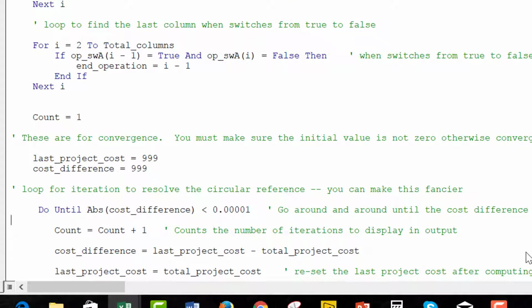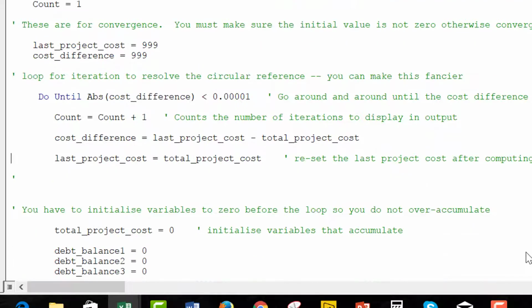Now, once you have this defined, the next thing is the iteration loop. And it's kind of like a circular copy and paste. We go around until the cost of the project. I'm going to call this project. Now, I can do this because I didn't put a